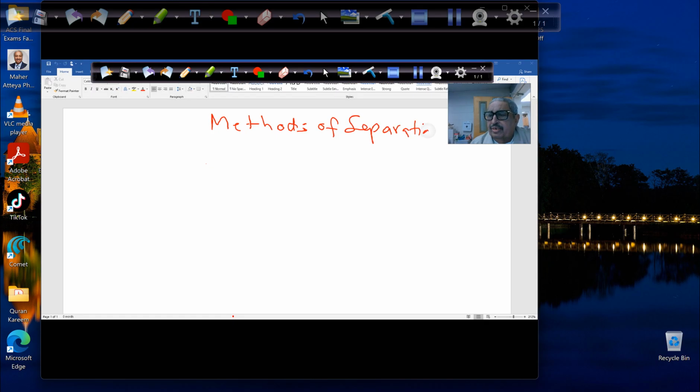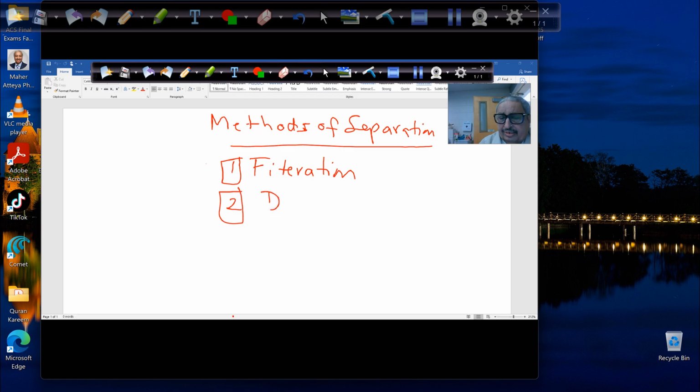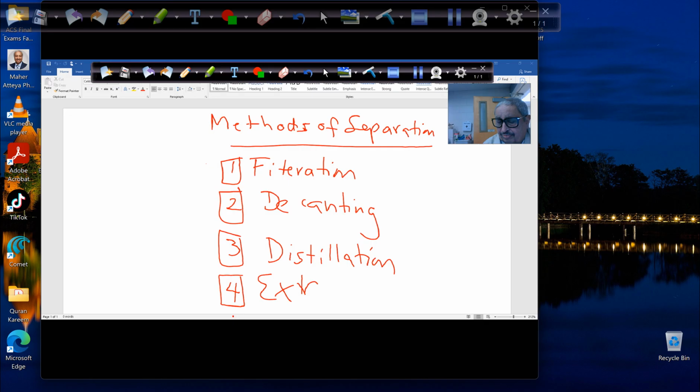So, methods of separation: there are several methods available to us. As you can see, the first one can be filtration, distillation, evaporation, which is boiling, crystallization, chromatography. So the first one is filtration. The second one, decanting. The third one, distillation. The fourth one, extraction. The fifth one, of course, you know that's